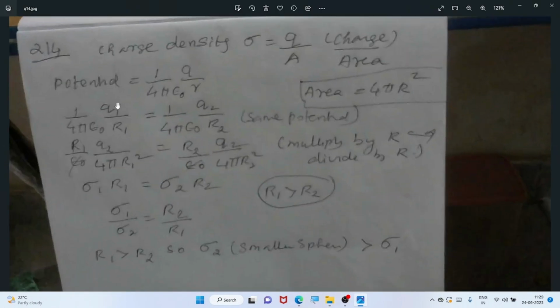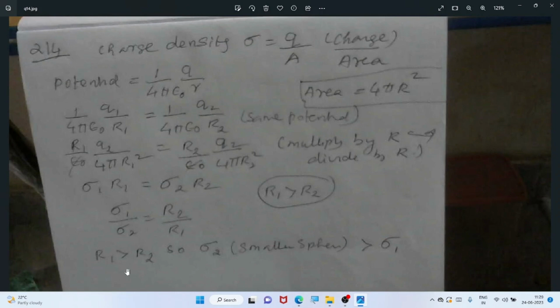Okay, this is the potential formula, Q by R. This is charge Q1 on R1 and this is R2. R1 is greater than R2. Now both are equal. Now this charge density into R1 equals charge. So now if you see the ratio of the charge densities, since R1 is greater than